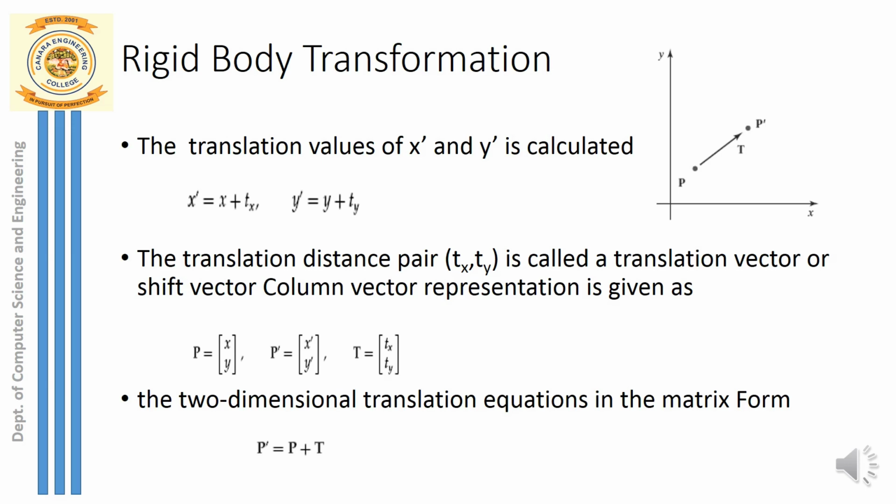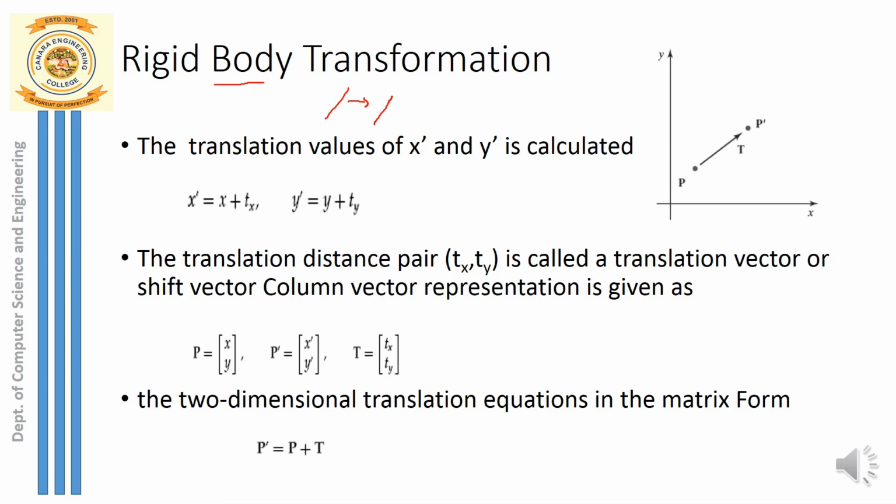Before I start with this example, I call this translation a rigid body transformation. Why do you call it a rigid body transformation? What happens if I give a small displacement to any object? Am I changing the size or shape of the object? No, I am not doing so. I am just shifting the object to the new position. So you call this a rigid body. Why? Because rigid is nothing but hard, and by performing this translation I am not deforming the object, I am not changing the size or shape of the object. So I call this type of transformation a rigid body transformation.